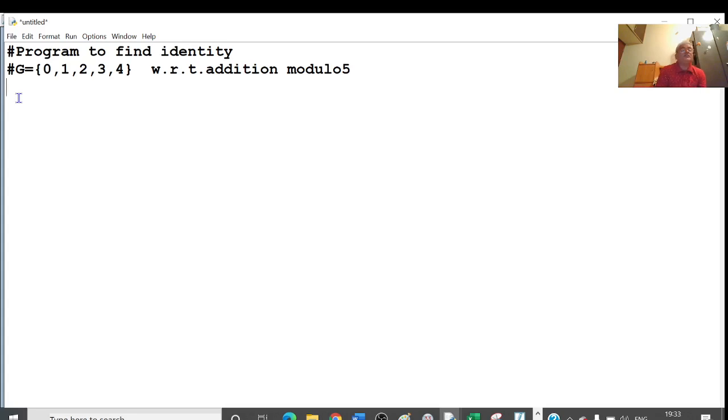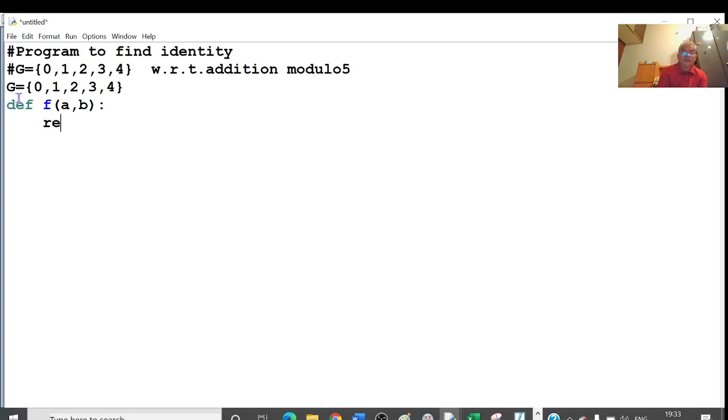So first I define the set here, G equal to 0, 1, 2, 3, 4. This is our G. Next I will define the operation by writing def f of A comma B, that is A star B, colon, enter.